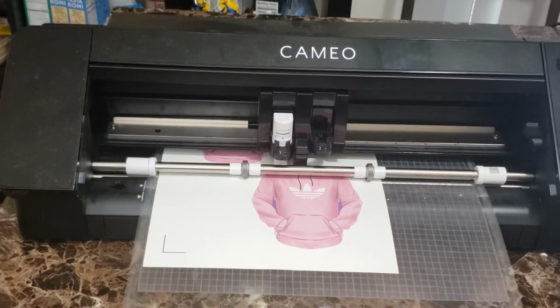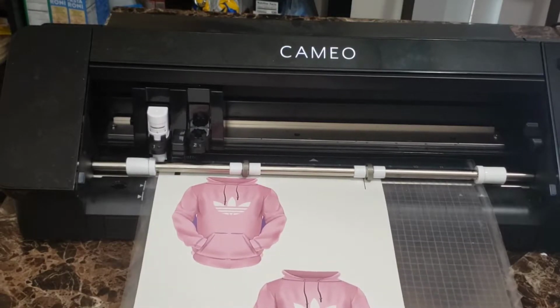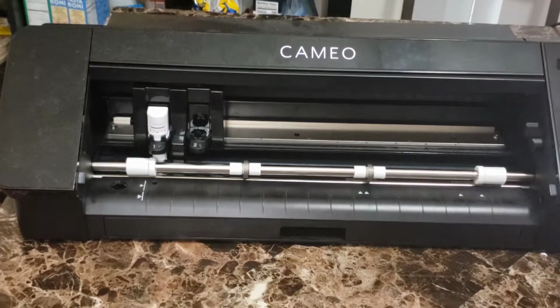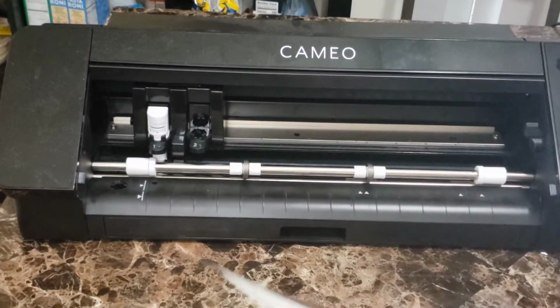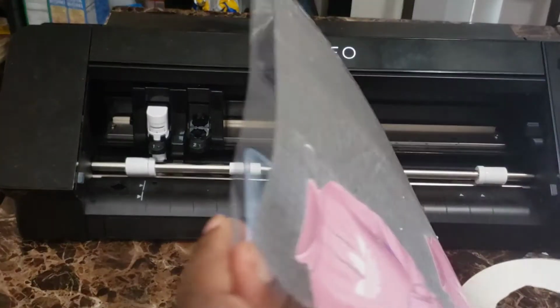And I don't know if I did say that I do have Silhouette Studio Business Edition. I didn't start off with Business Edition, so you definitely don't need Business Edition. I started off with just the regular, free one. And then